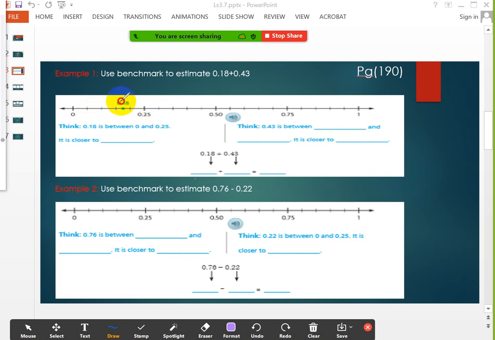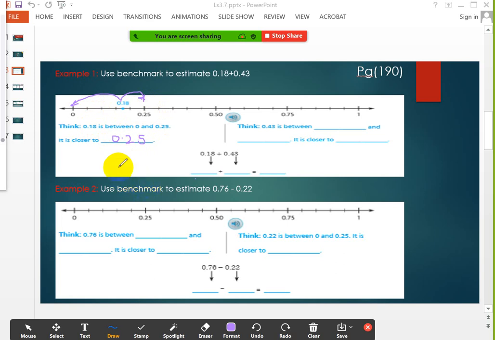So look, 0.18 is close to 0.25 or 0. It's close to 0.25 according to the benchmark. So I can round this number 0.18, so it will be 0.25